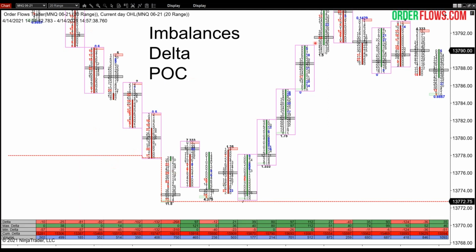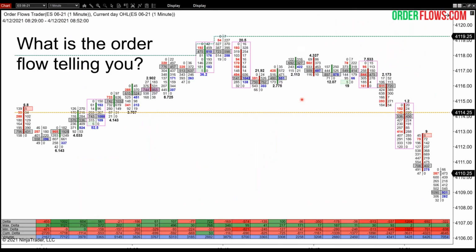But then it starts to rip up, right? As it rips up, you're getting the positive deltas. You can see it down here on the bottom, the 21, 39, 80. You're seeing the buying imbalances coming in. You're seeing the higher points of control as you're finally starting to put in a move up. 1, 2, 3 consecutive higher points of control. Just as on this move down, you see consecutive points of control going down, 1, 2, 3, 4, 5 lower points of control. In here, it's kind of mixed, but then the direction at this point is clear, that it's going up. And again, like I said earlier, order flow is like reading a book,